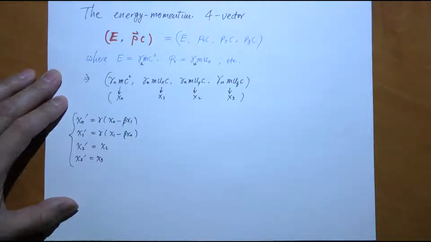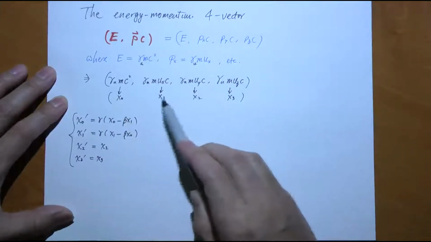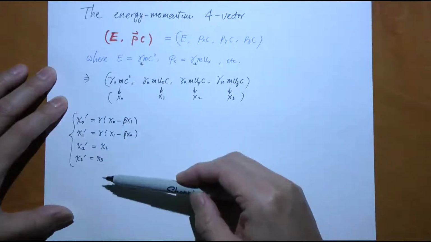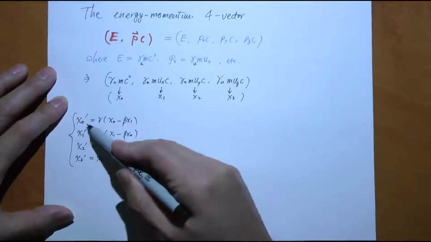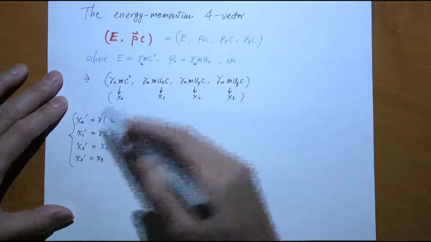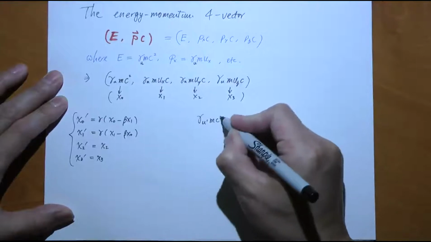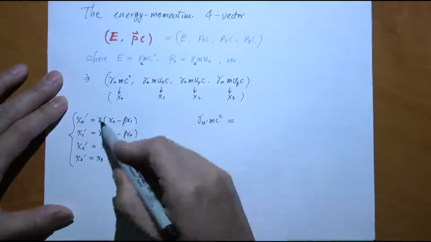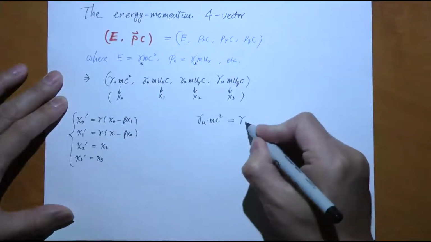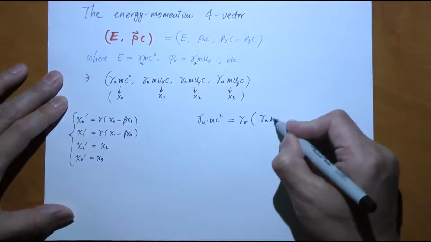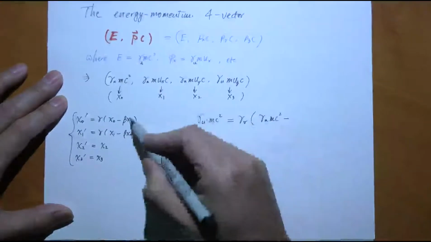We did not show that this, in fact, is a legitimate four vector. The way you show it is to show that indeed the first, second, third, and fourth component of this energy momentum four vector transform like that. For example, you need to show that the first component, x naught prime, which equals gamma u prime mc squared, must equal this. This gamma is gamma v, for the speed v between the two reference frames. And then x naught, which is gamma u mc squared, minus beta, where beta is v over c,